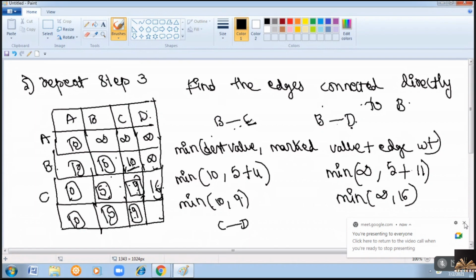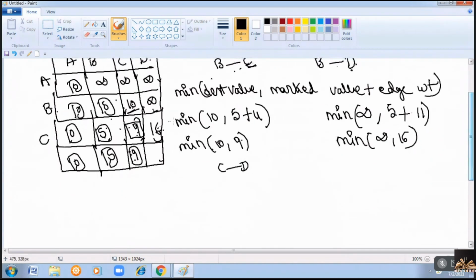We will check whether the 16 can be changed or not. Change it to a minimum value or not. Here already 16 is there. We will check whether you can change this 16 to a lesser value or not. So use the same formula. Minimum of destination value for D is 16, comma,